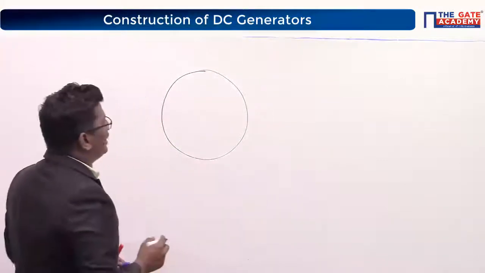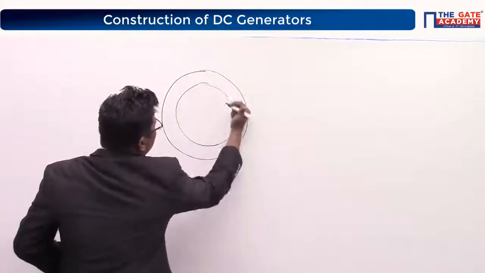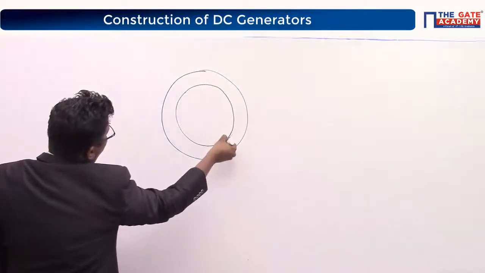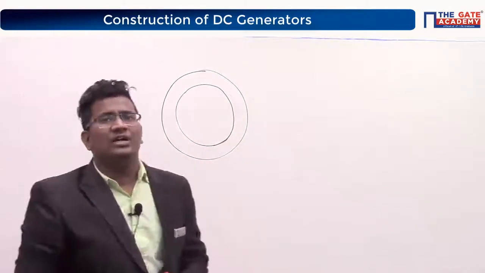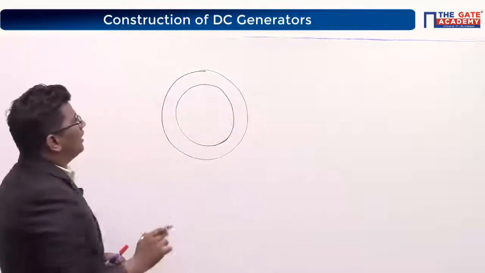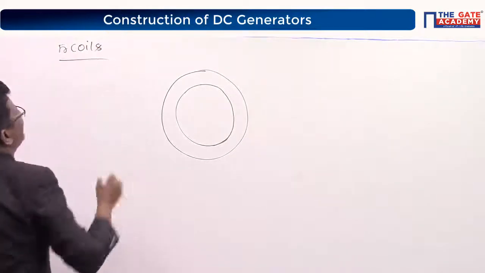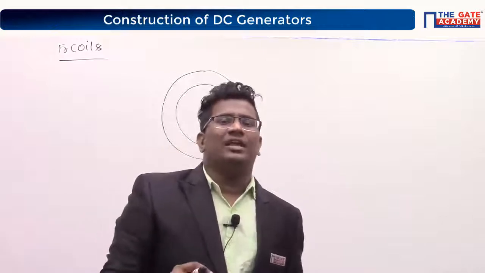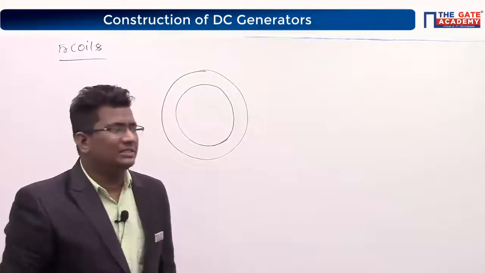Now, it is a circular disc. Where is it mounted? It is mounted on the shaft, right? Please concentrate 100% attention on it. Now I am considering 5 coils are there. If 5 coils are there, how many segments do we have? 1, 2, 3, 4, 5. Yes, sir. 5 segments.